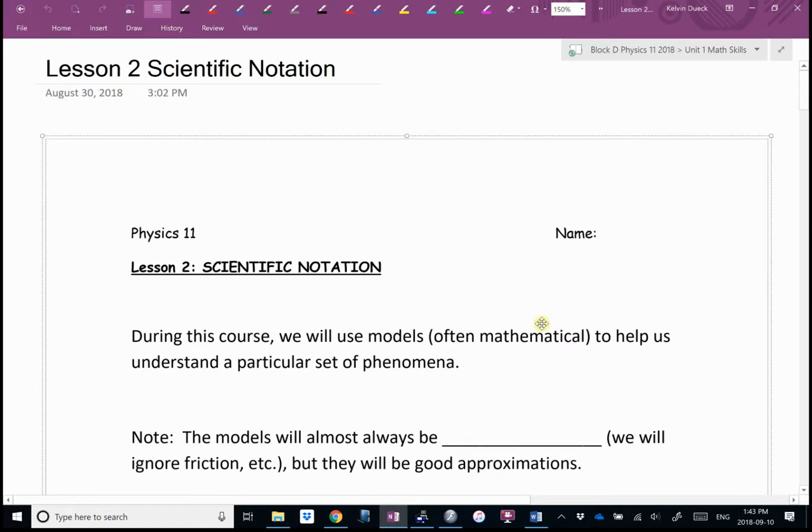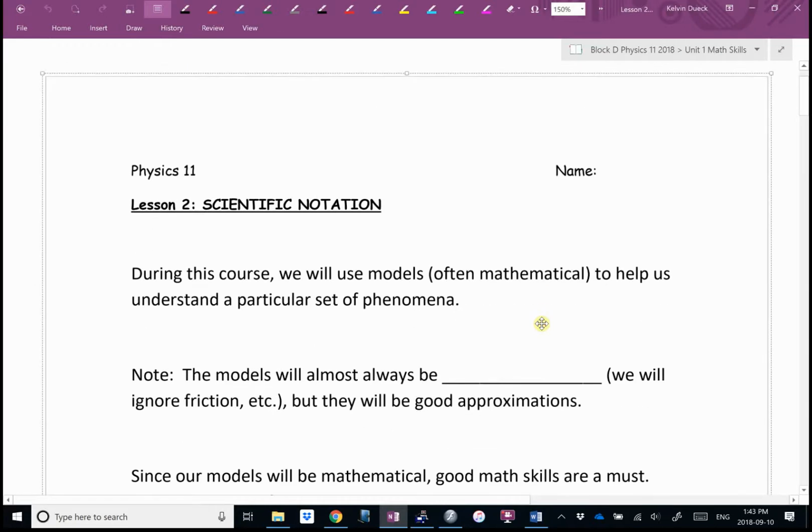Scientific notation. I think you've seen some of this either in math or in science, but if you haven't, scientific notation is a great shortcut. This is something we are going to use for the rest of the year, unlike many of the other little mini lessons coming up. During this course, we're going to use models, often mathematical, to help us understand a particular